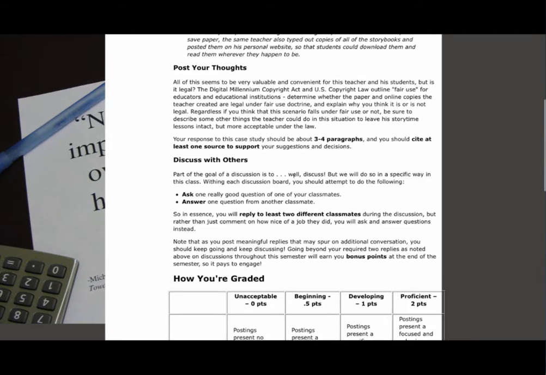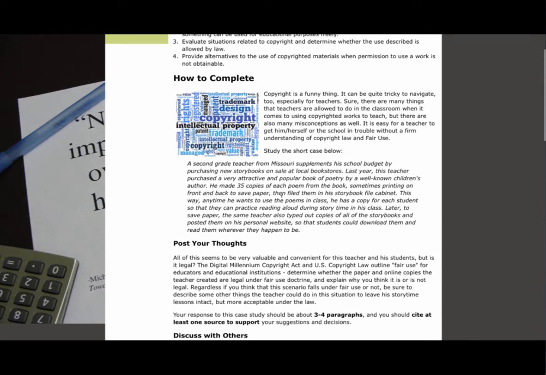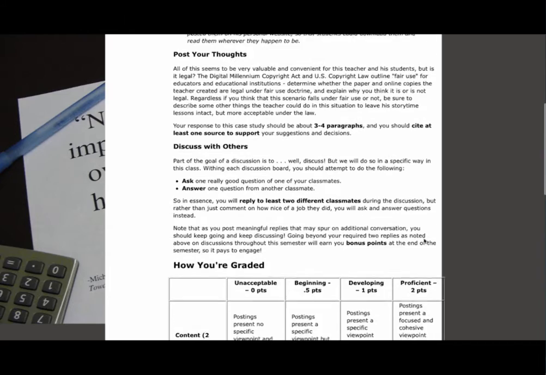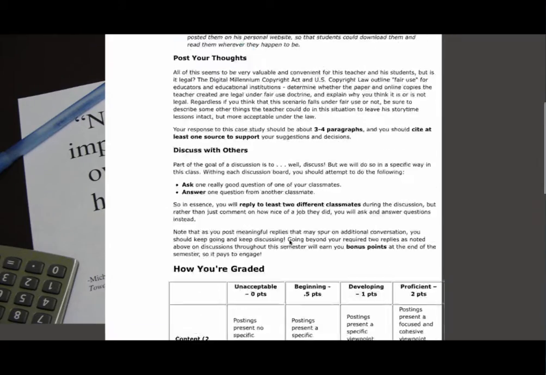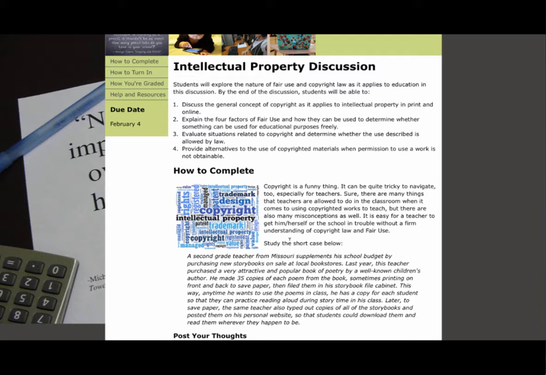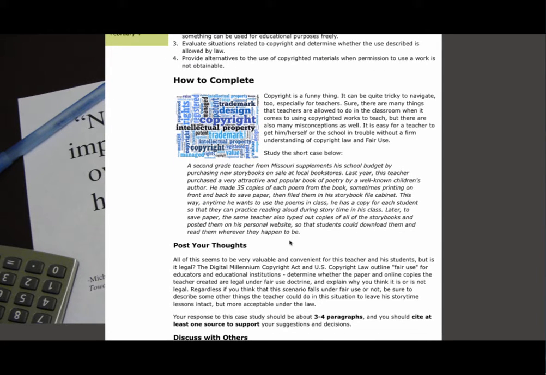the first one. And as you can see, there's a short scenario, like I said, about our teacher from Missouri and his potential wanton use of a series of poems from a poem book. And you can think about that and maybe do a little research. On this one, you're definitely going to want to tell us where you got your information from in making your